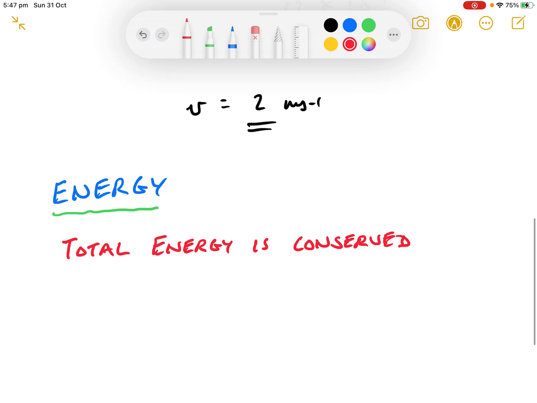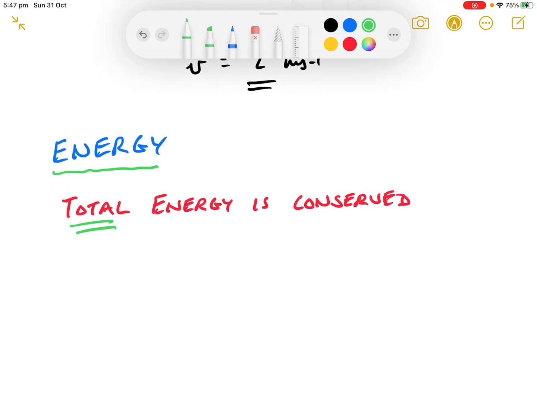It must be by the law of conservation of energy. Let me emphasize, though, that I'm talking about total energy. So what that means is that the total energy